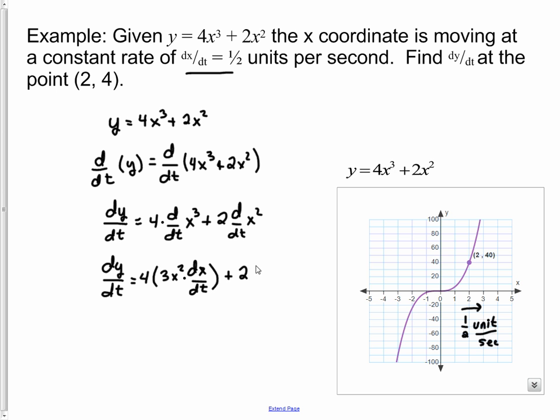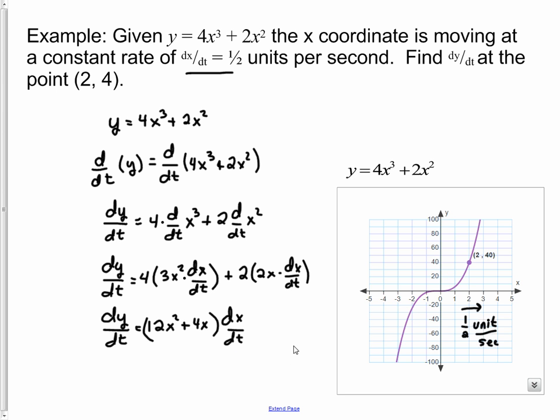And similarly, for the next piece, we would take the derivative with respect to time t and get 2x to the first times the derivative of x with respect to time. Okay, so as we work this out, we find that dy/dt would be equal to 12x squared plus 4x